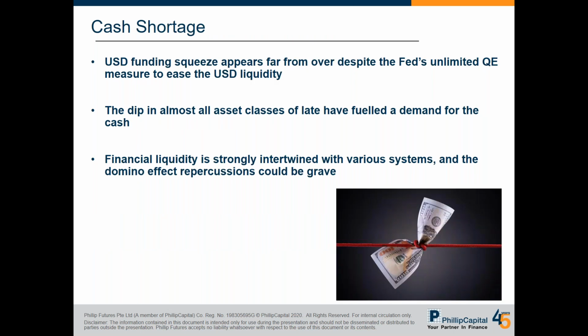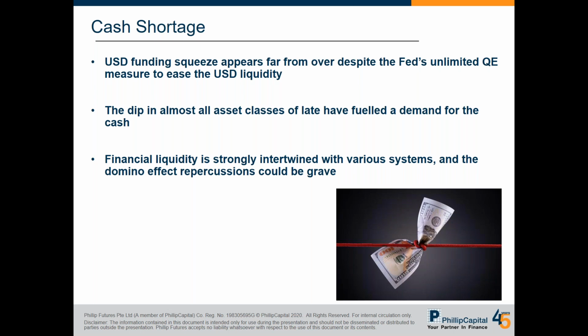So the last thing is actually cash shortage. So cash shortage is a very strong point. Why is that so? It's because right now, with all the assets being sold, what happens is that people are actually finding solace in cash, and cash has become king. So what happens is that we notice that the US dollar funding squeeze is still far from over, despite the recent Fed's unlimited QE measures to ease the liquidity of US dollar. So you can see that the US dollar has been strengthening rapidly. Why is that so? Is because it has forced the demand of cash, and people need US dollars to repay loans, because US dollar is the world reserve currency, and a lot of the loans are actually in US dollars